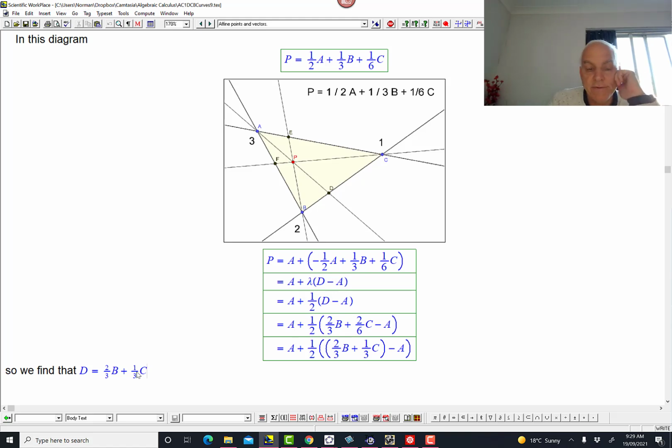Is that a legitimate combination? Well, the sum of the coefficients is 1, so that is a legitimate combination. And this is then an accurate representation of this point D. It's given by this weighting here, 2/3 of B and 1/3 of C. This is where Archimedes' lever would balance on this side if you had a mass of 2 and a mass of 1 here. Another way of saying that is that the ratio of this vector to this vector is 1 to 2.